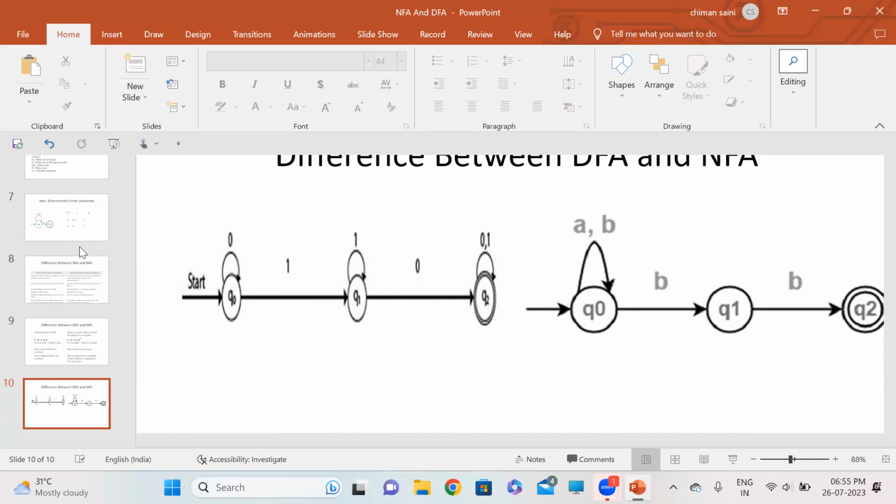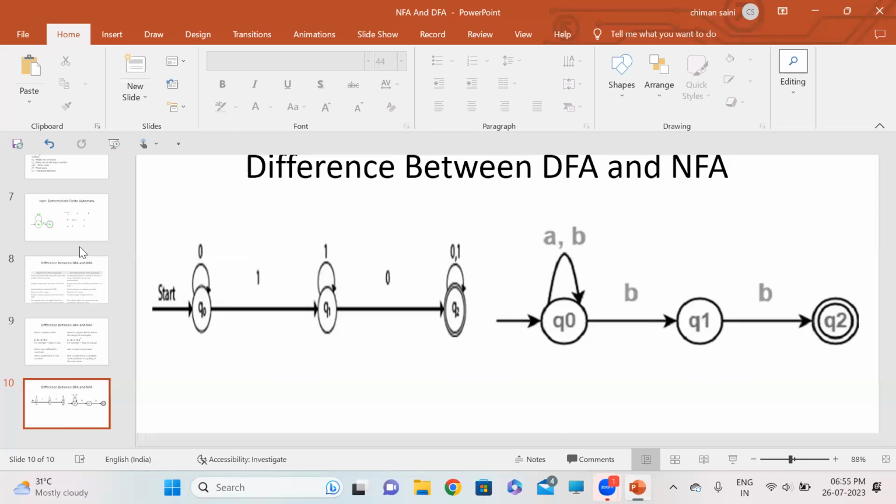But you will see in the case of NFA at state Q0, after giving input A and B, there are multiple input strings. Now see the input B. At state Q0, when we give input B, it remains in the same state Q0, it is a self loop. At the same time, if we give input B at Q0, it also moves to Q1. So if we give input B at Q0, we get two outputs, that is Q0 and Q1. On the same input string, we are going to multiple states. That is our NFA. But in case of DFA, on a single input string there will be a single transition and we can move to a single state. Okay, okay.